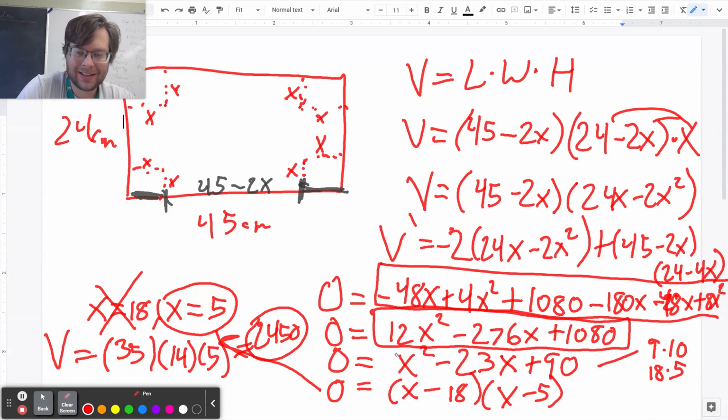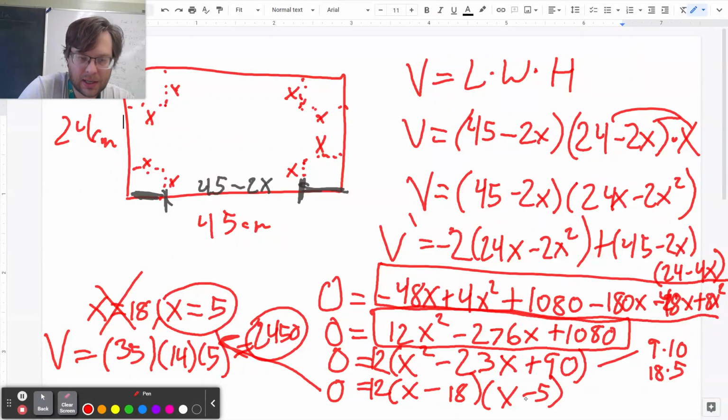And I can bring the 12 down instead of dividing by it. It doesn't change the positivity or negativity. And then I'll do the first derivative test because I don't feel like taking the second derivative. If I plug in a number smaller than 5, if I plug in 4, then I have here